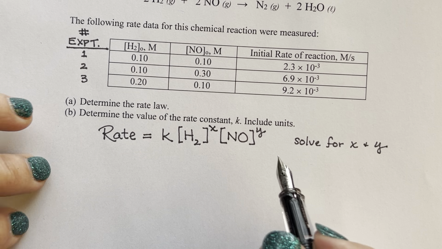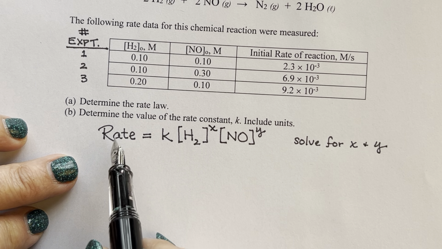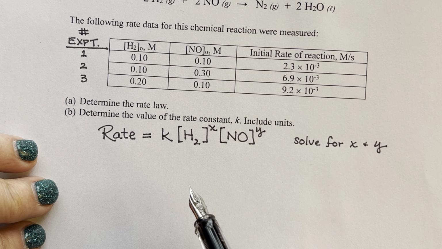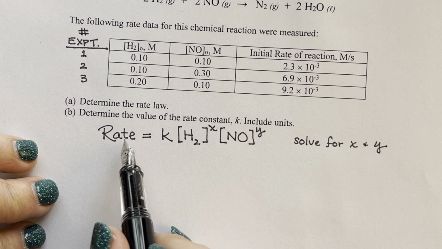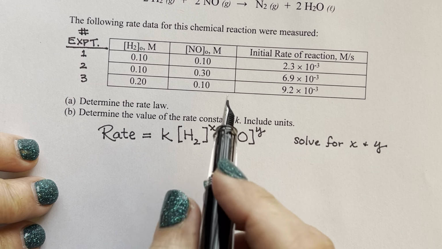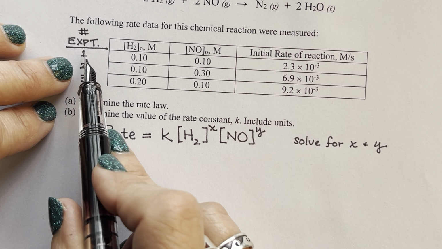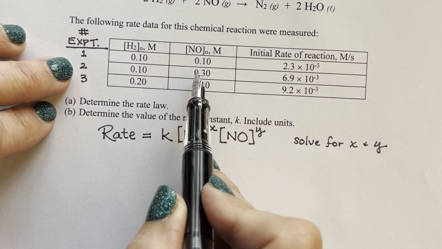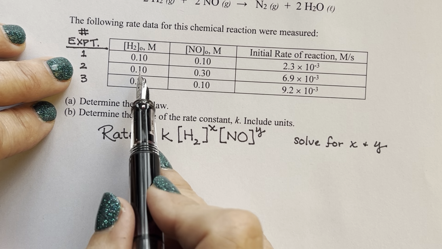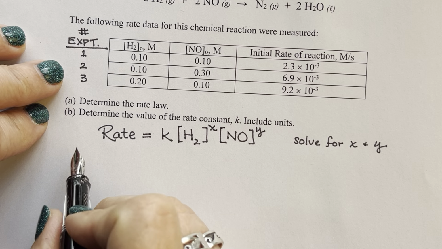Okay, so let's see this in action. If you didn't fully follow what I was saying, let's do this idea of taking an equation and dividing it by another equation. In this case, it's going to be the same equation, but for a different experiment. So let us do this with experiment number 2 and 1. In experiment number 2, we tripled the amount of NO, where we kept H2 the same. Okay? So what I'm going to do is create a ratio